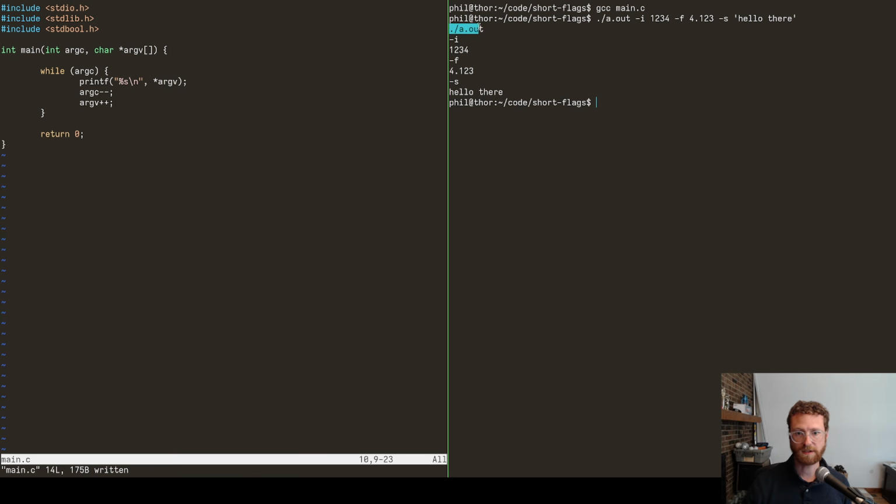Notice the first argument that is actually passed is the name of the program itself. And of course, everything else comes along exactly as it is. So what happens if we want to actually process the flags? Well, there's an option to do this using standard libraries